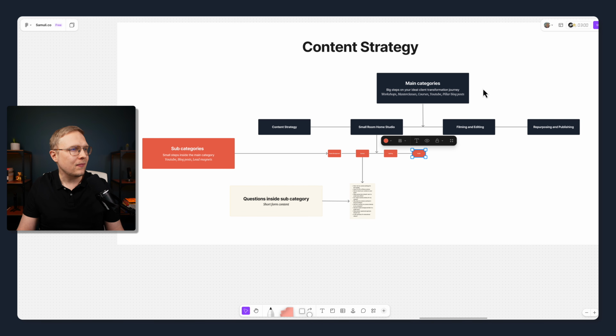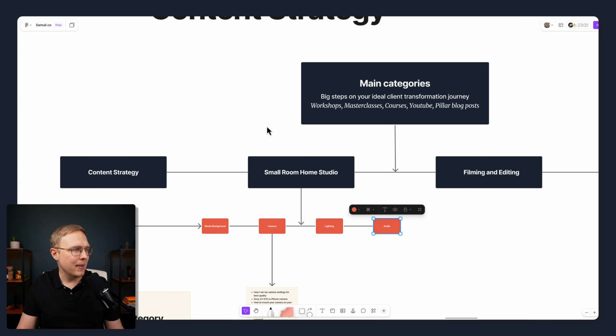So first here are my main categories. I think of my main categories as the big steps in my ideal client's transformation journey. So for me, the first big step is to create content strategy. Then the next big step is to build a small room home studio like the one I'm filming in currently,